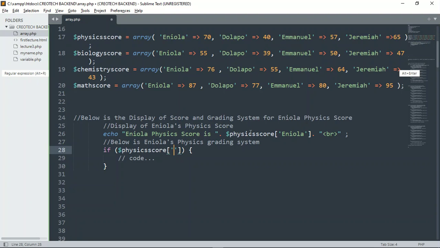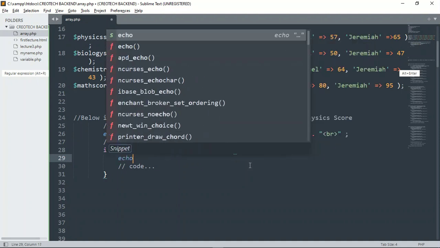Then you point to Eniola. So if Eniola's physics score, which is 70, is greater than or equal to 70, then echo